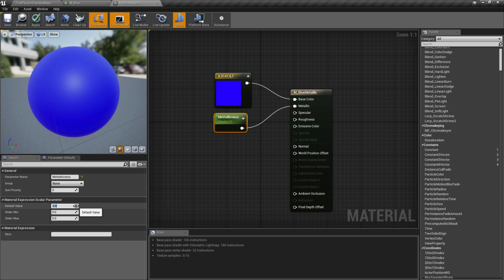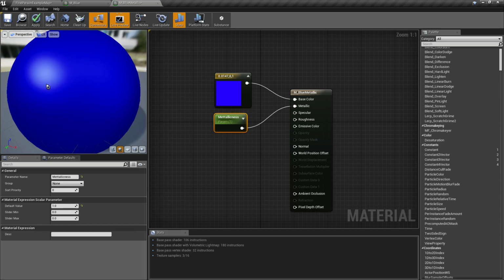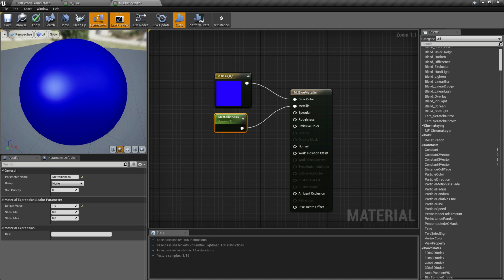So let's say when the metallic value is 0, it displays a non-metallic texture. But when we apply 1, it is the complete metallic texture. As you can see, using the scalar parameter, we changed the texture of our blue material into a full metallic texture. So using the parameter, you can adjust, increase or decrease from 0 to 1 the value of the metallicness.